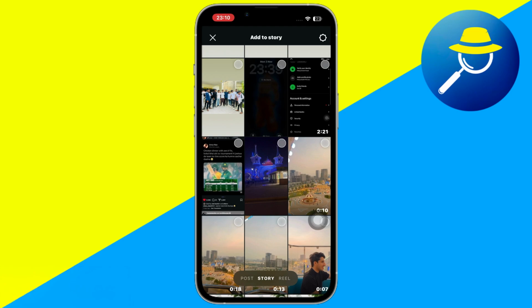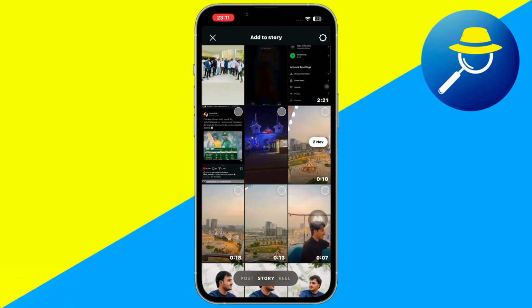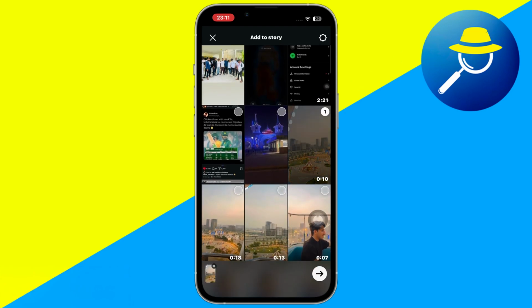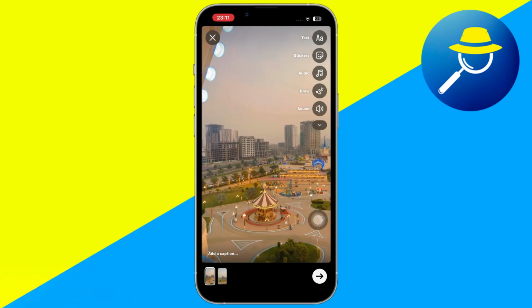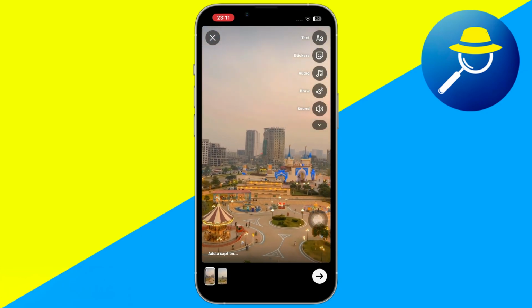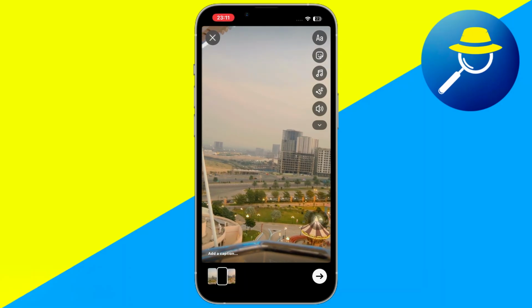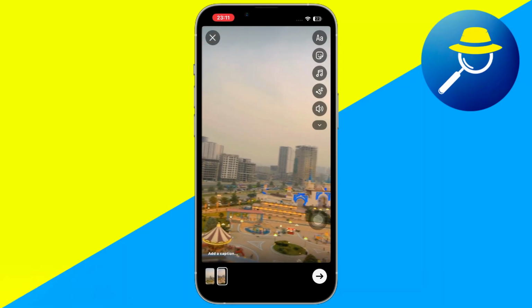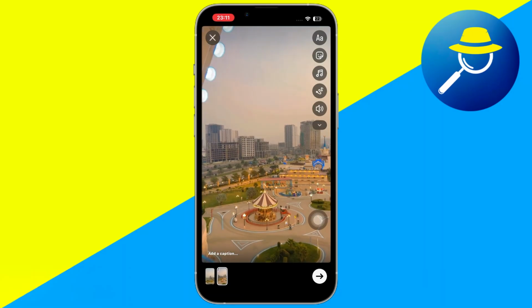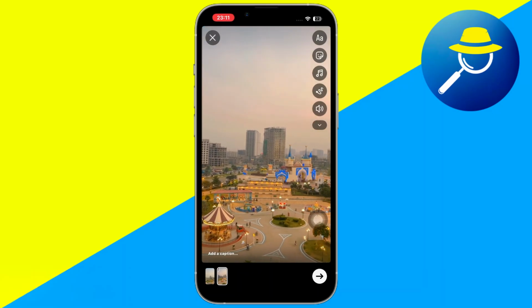Now you can scroll through your videos and select multiple clips at once. After choosing the videos you want, tap Next. Instagram will automatically add the selected videos to your story. Here, you'll see all the clips added. You can reorder them by dragging each video back and forth, then tap the next arrow and share your story